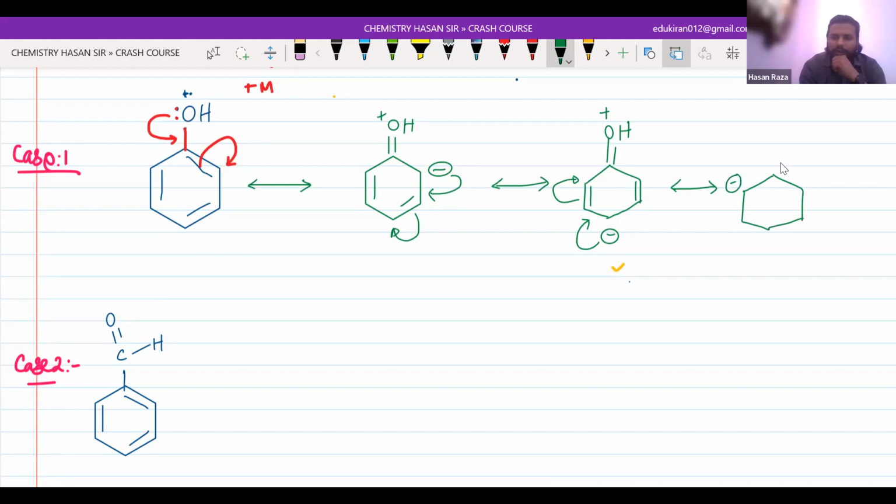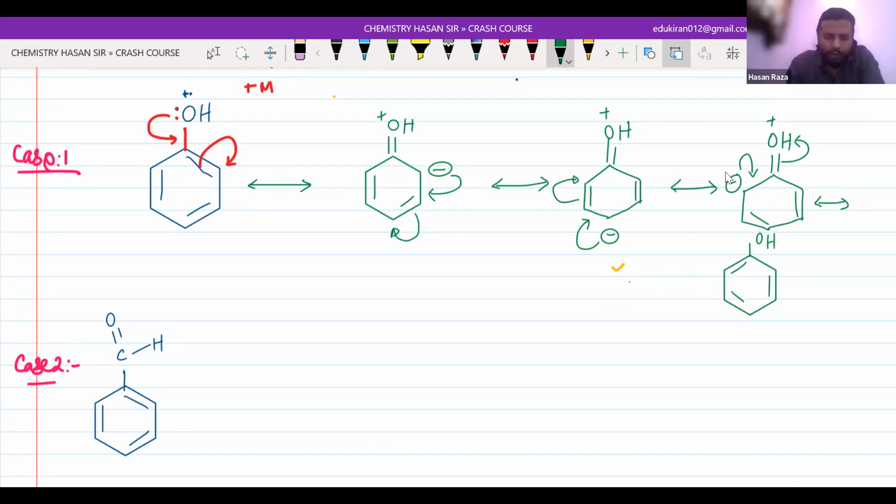Negative charge moves, this negative becomes double, and double was there and double was there already, and this is your OH positive. Now if this will move to this side, this will again move to this, and you will be getting this. And you can see this is your double bond, double bond, double bond, and OH. So these are all resonating structures of